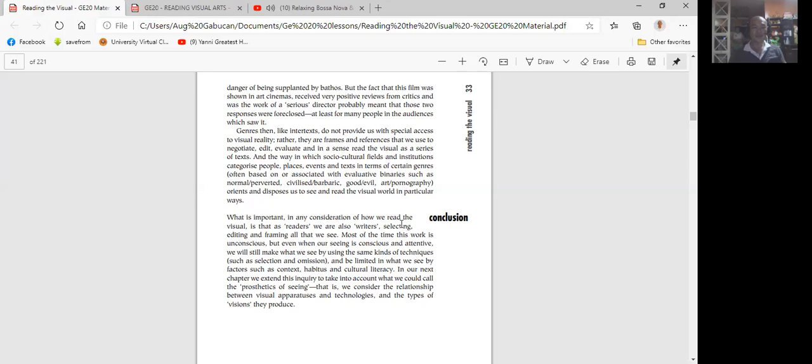Most of the time, this work is unconscious, but even when our seeing is conscious and attentive, we will still make what we see by using the same kinds of techniques, such as selection and omission. We are limited in what we see by factors such as context, habitus, and cultural literacy. So in our next chapter, we will extend this inquiry to take into account what we could call the prosthetics